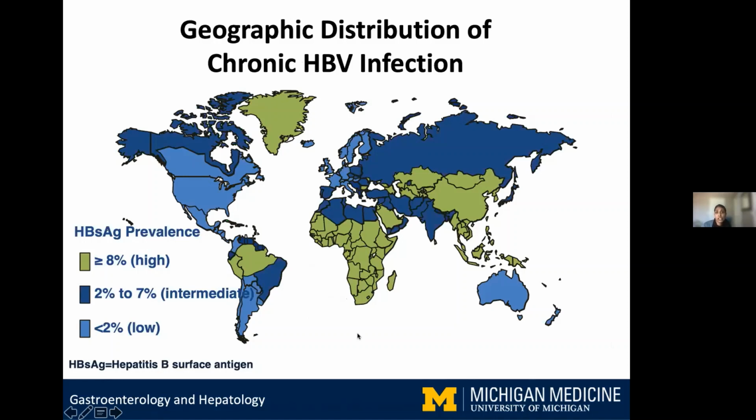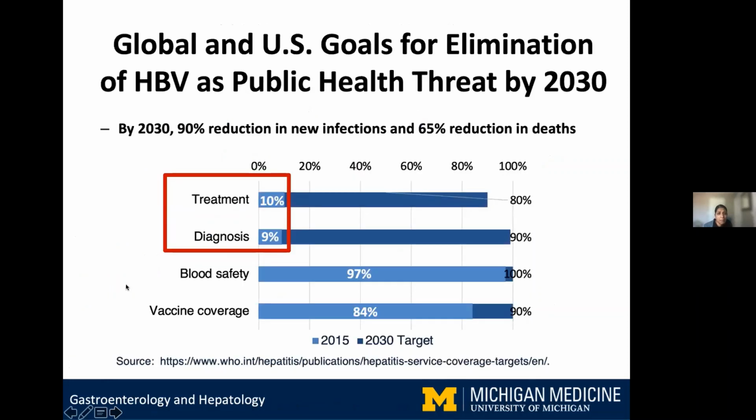So when you think about the geographic distribution of Hep B, as I just mentioned, Africa and the Western Pacific region have the highest rates of hepatitis B. More than 8% or higher of populations in these regions have Hep B infection. And that's compared to what we see nationally as a trend, less than 2% in the United States. But we know that targets for treatment and diagnosis of Hep B remain really low. So we're not doing a great job in the United States, as well as elsewhere in terms of testing and